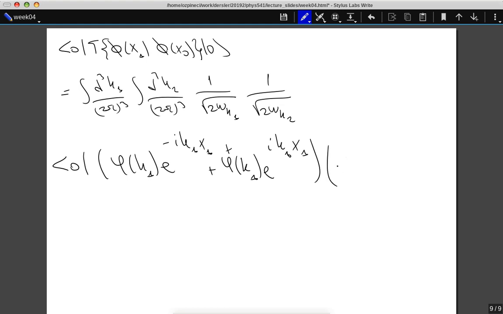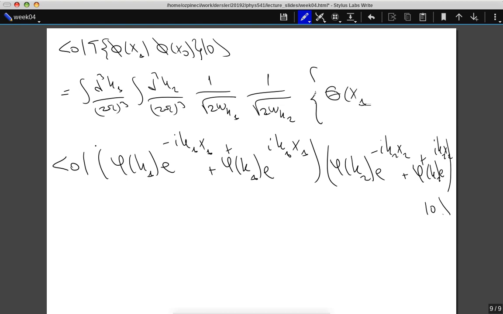Then I have phi of k2 e to power minus i k2 x2 plus phi dagger k2 e to power i k2 x2, and the vacuum. Now, of course, this is what I have if x10 is larger than x00. In the other case,